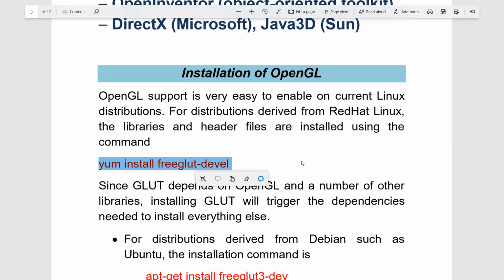I said this command we will be using for the derived distributions from Red Hat Linux, and the necessary libraries and header files will be ready. They will be installed to be used by the program.